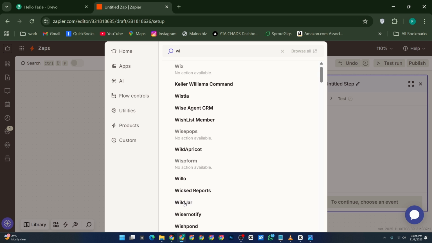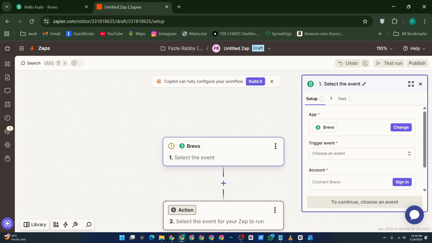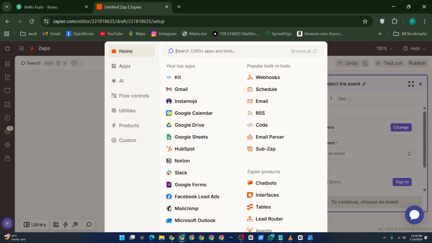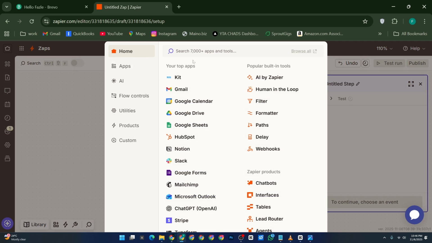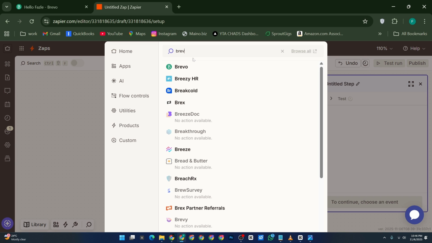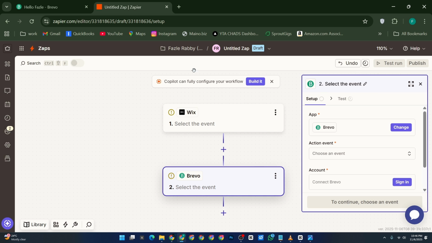If your Brevo account is not already connected to Zapier, you'll see a Sign In button here. Click it, and you'll need to enter your API key. To find this key, go to your Brevo account, click on your account name, navigate to SMTP and API, and